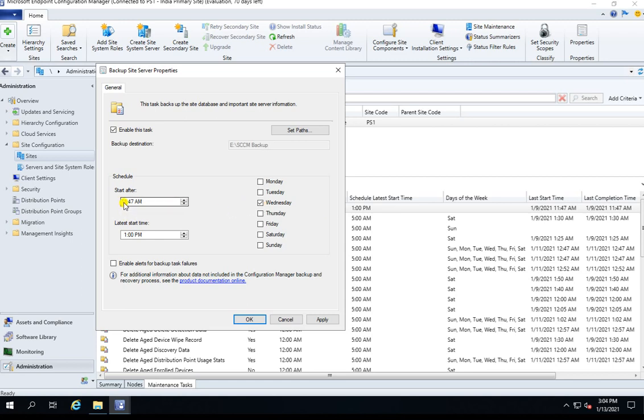And the time is something near 3 p.m. I'm putting 05, sorry, p.m., and I'm just giving a buffer time of max 2 hours. Within 2 hours it will start after this.